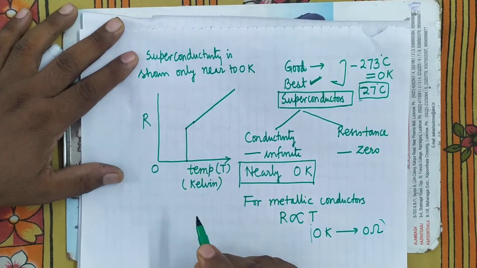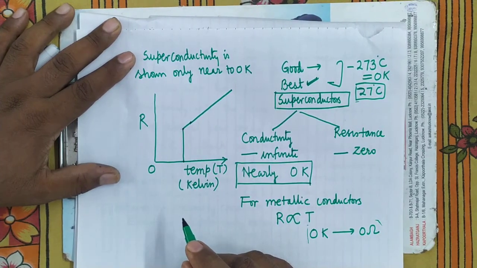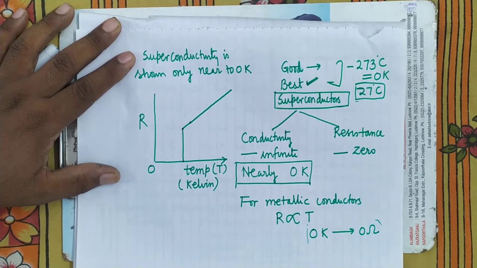It has been found in these metallic conductors like mercury, lead, niobium, when the temperature is decreased,